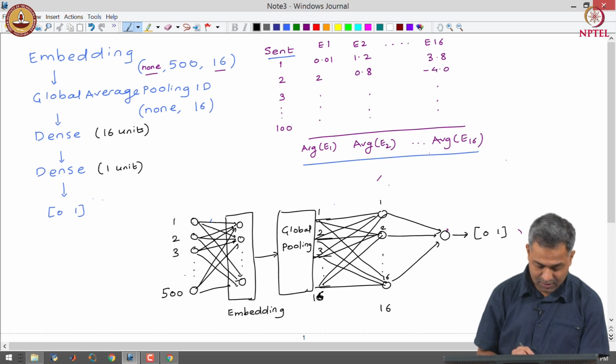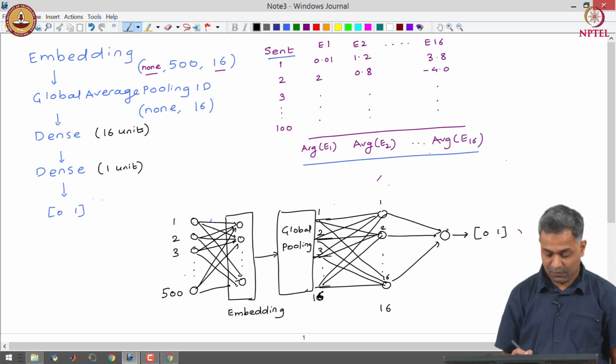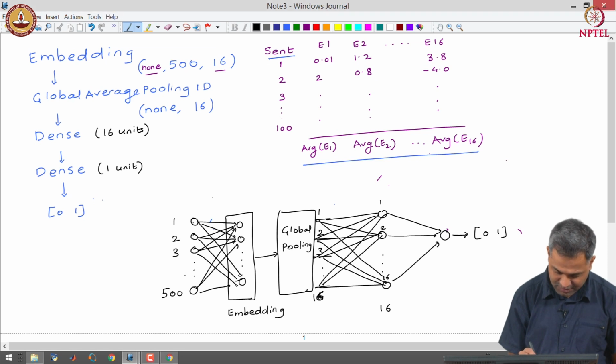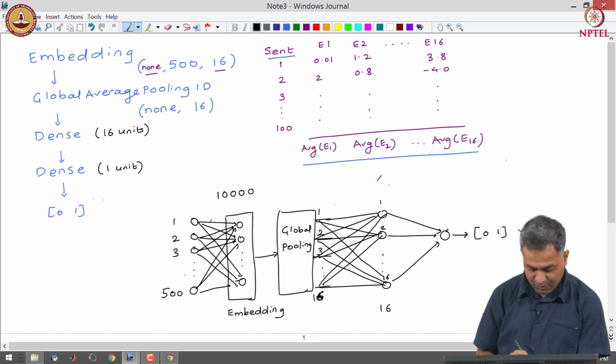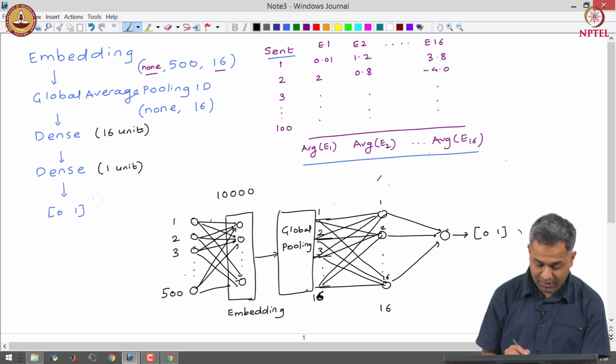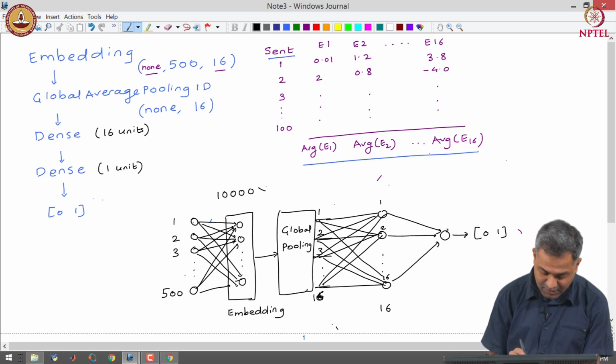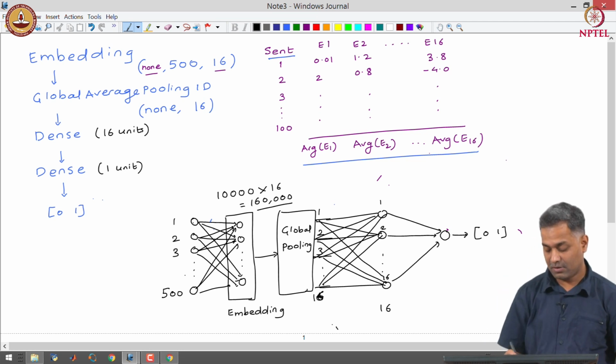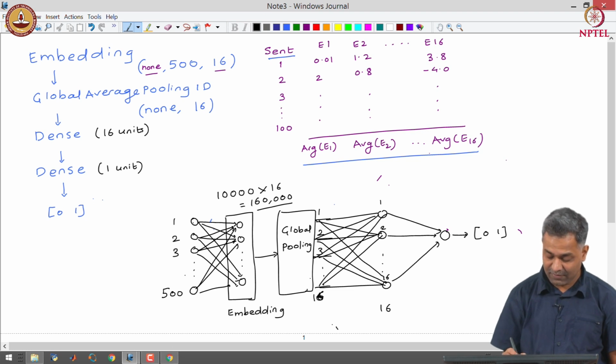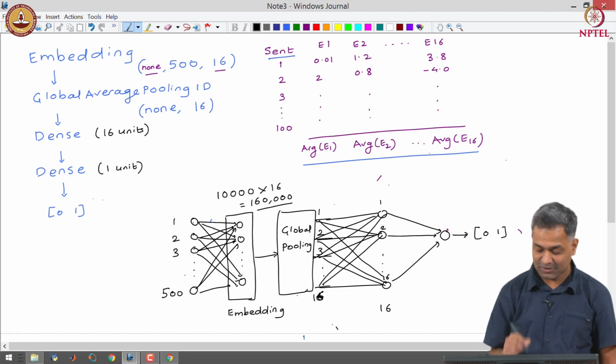You can see that in the embedding we have a vocabulary size of 10,000 and we need to get embeddings in 16 dimensional space. So, we have in all 16 cross 10,000, which is 160,000 parameters to learn in the embedding layer. Global average pooling does not have any parameters, so the number of parameters to learn is 0.